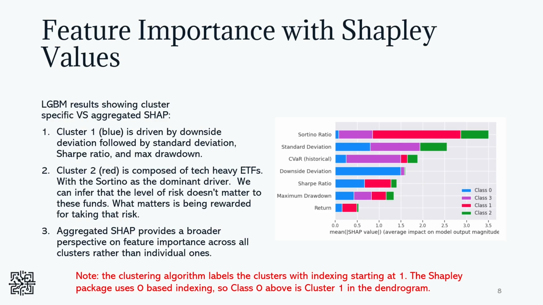Right, so just for example, I'll use the examples here in the text on the slide. Cluster 1, the blue one, here it's class 0, but that's our first cluster. It's the 0-based indexing. What you're seeing here is that downside deviation was clearly the most important for it. But then if you look at the red, this was the category that had all the tech funds, semis, NASDAQ. We see that the Sortino was the dominant driver. So once we look at this kind of thing, you're going to be able to make some very good inferences from this information to help you understand the drivers of those funds in each category, in each